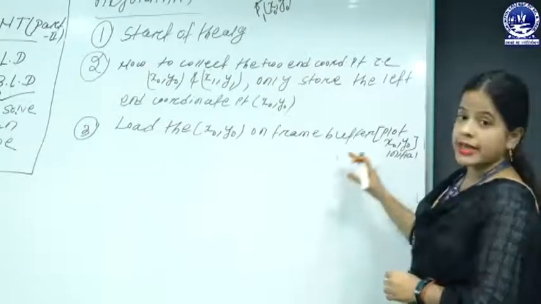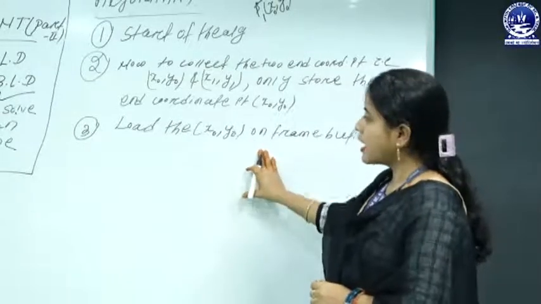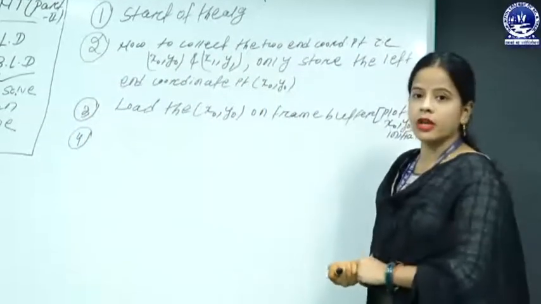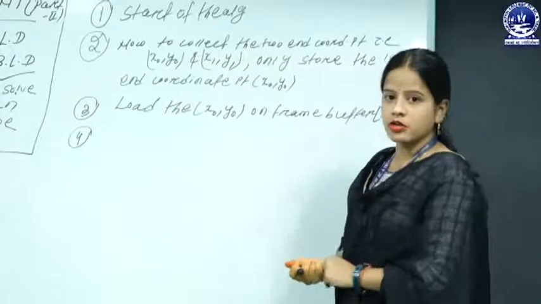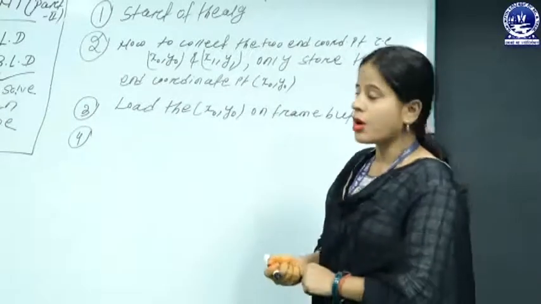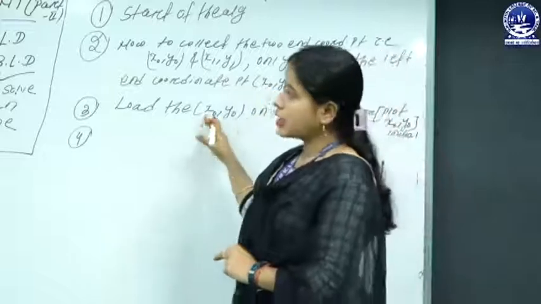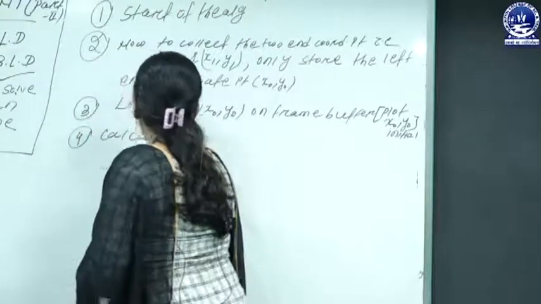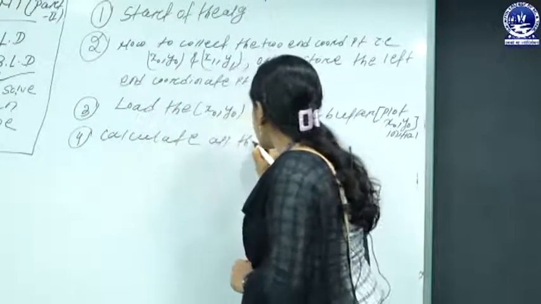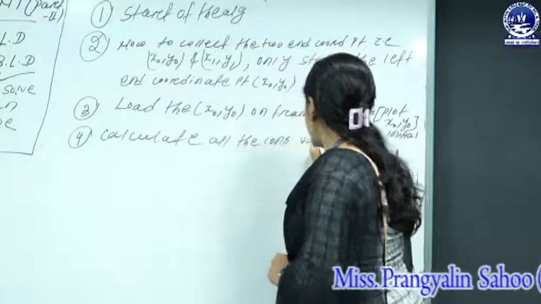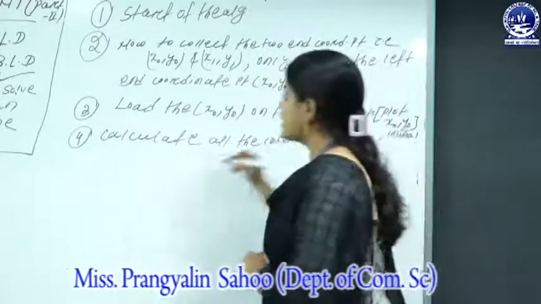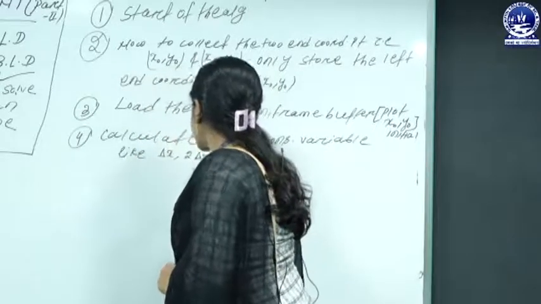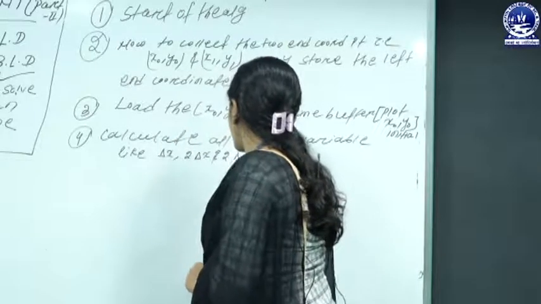Okay. After finding the initial point, you have to calculate some constant values through which the decision variable value is calculated. That means the error term value is calculated by using some constant terms, which I already evaluated in the first YouTube class. So, here we first calculate the constant values like delta x, 2 delta x and 2 delta y.